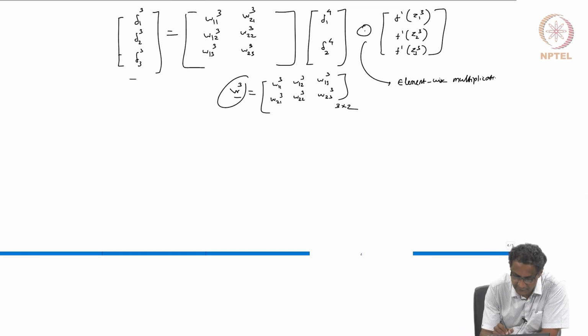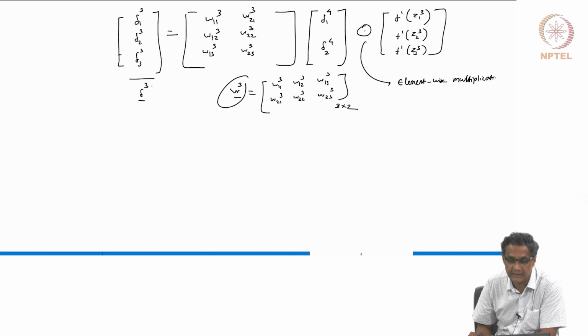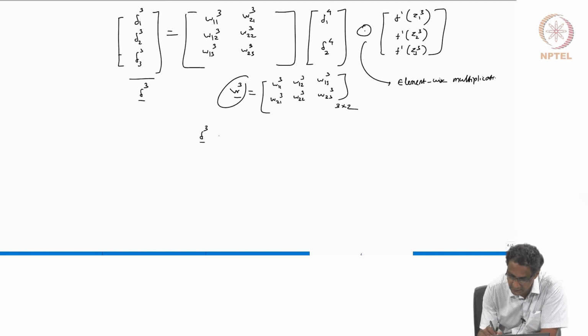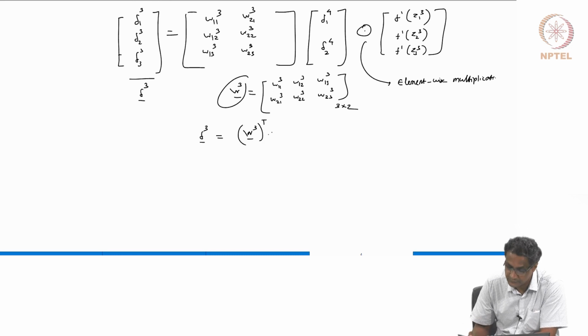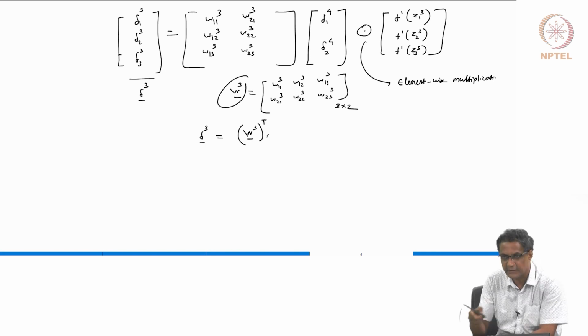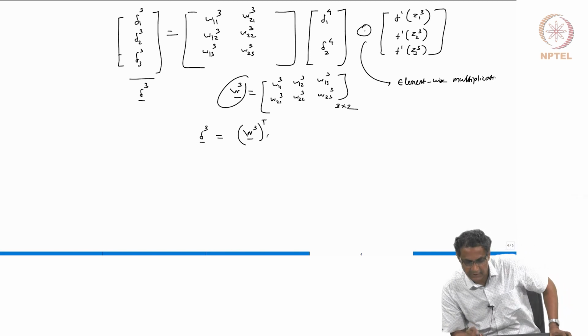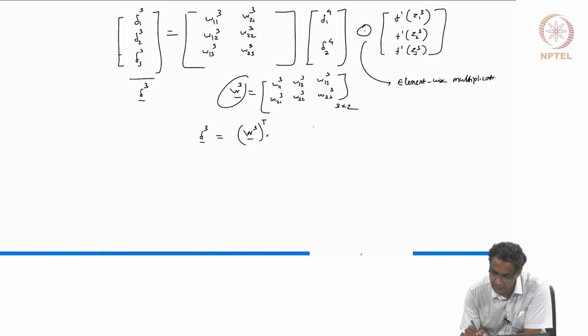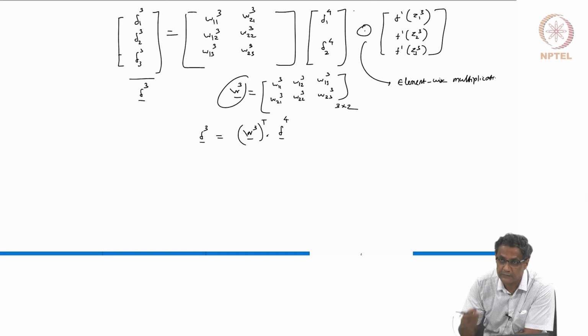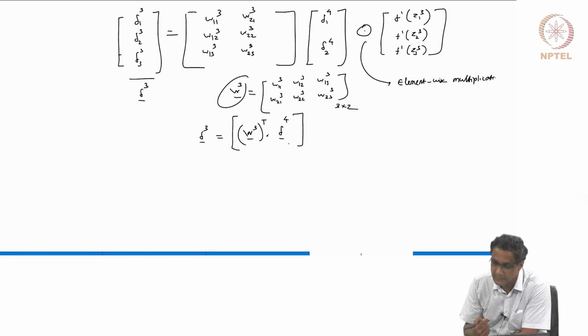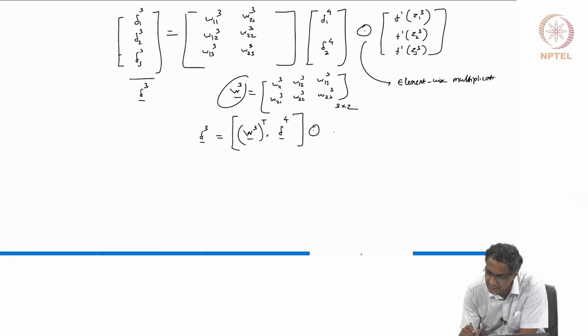And so then, if I call this delta 3 as a vector, then delta 3 is equal to W3 transpose, and then multiplying, and this multiplication is a standard matrix vector multiplication, not element wise. And then, this is delta 4, in the fourth layer, and you can just think of this as one vector that you get by multiplying, and then you have this one, let us call this f dash of Z3,